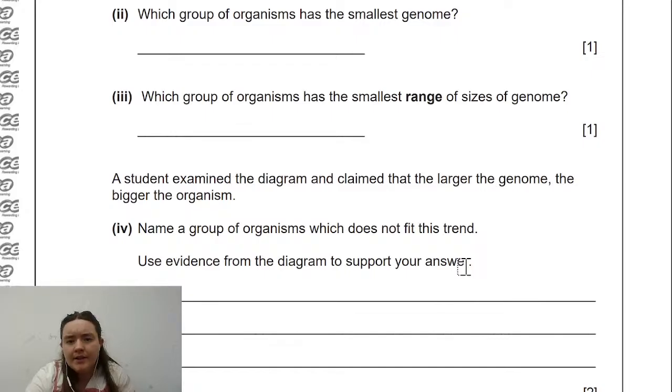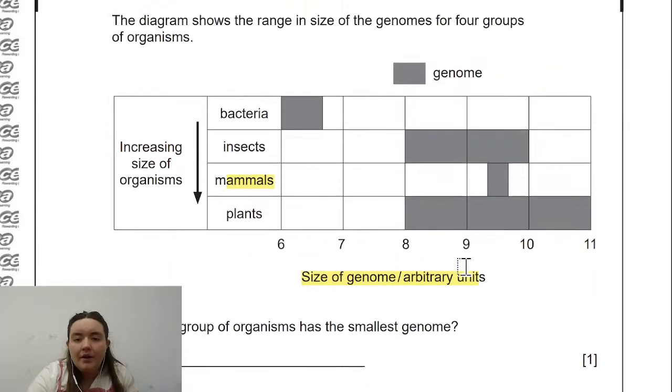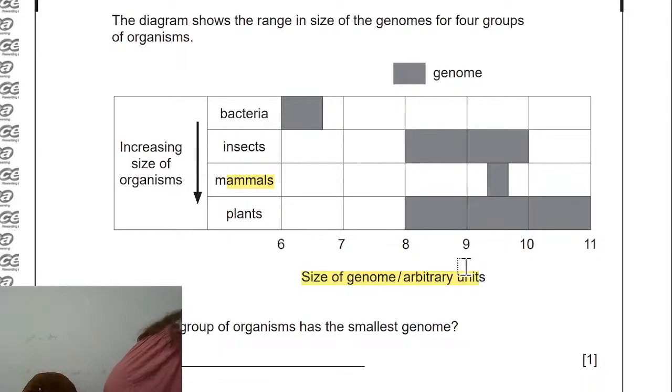So a student examined the diagram and claimed that the larger the genome, the bigger the organism. Name a group of organisms which does not fit this trend. I feel like quite obviously plants. Like, not on purpose, but